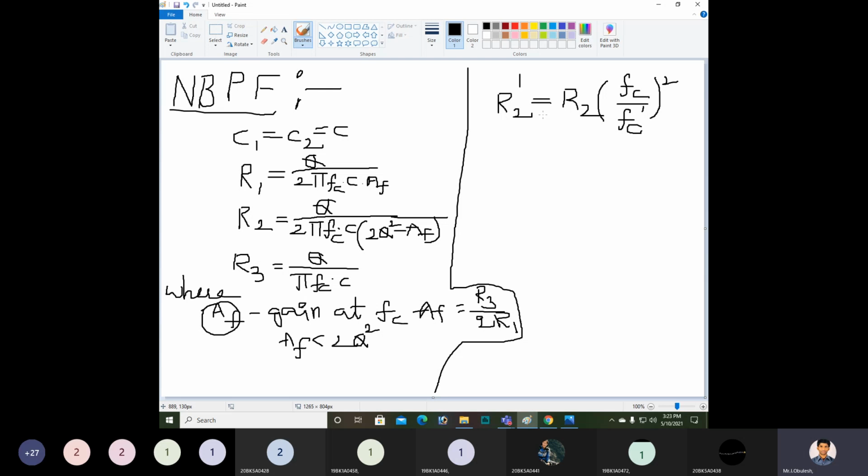Up to now clear? So you need to remember all these equations. Why? Because the examiner will ask the question from this topic, like a problem. Most probably, the examiner will ask you to explain the differences between narrow band pass filter and wide band pass filter, or else he will give a problem from those two topics, wide band pass filter or narrow band pass filter, whatever it is.